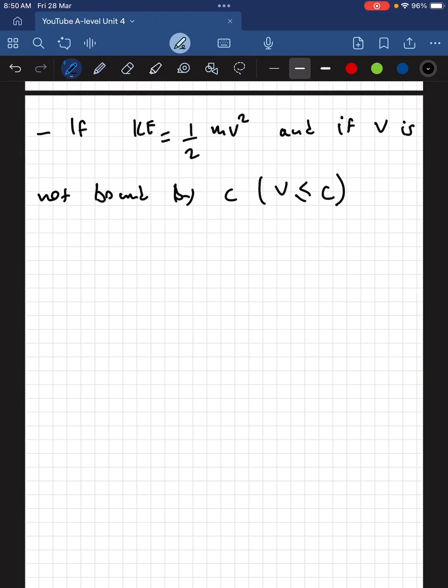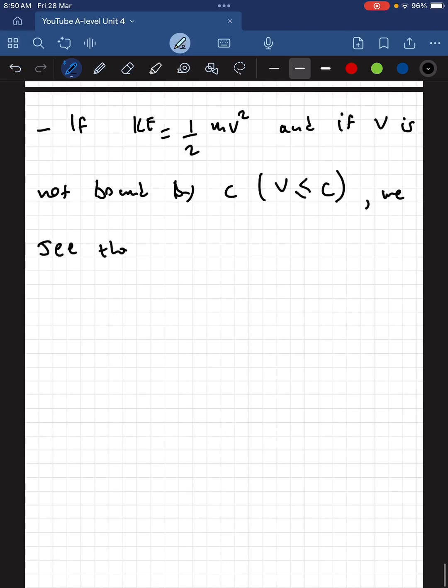But let's assume that this was not the case, okay? So if the kinetic energy is that, and if v can exceed the speed of light, then we see that kinetic energy can become infinite,